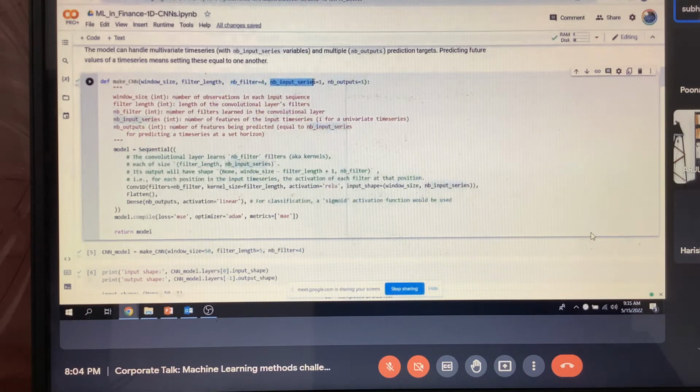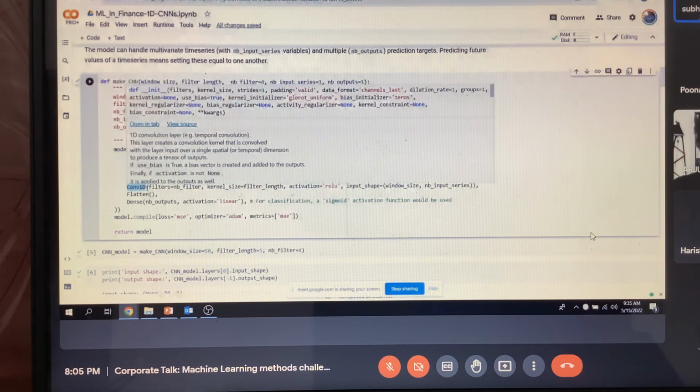And then you can have more than one time series. You can have say 5 or 6 time series. If you have 5 or 6, you will have 5 or 6 outputs in the time series, which means given a long length of time series, say 10, you are going to predict the next one, the 11th one. So this conv1D is a layer in a neural network.